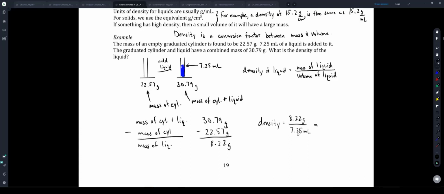So I'm getting 1.13. And I'll write that as grams per milliliter. In other words, 1.13 grams for every 1 milliliter. So as a conversion factor,